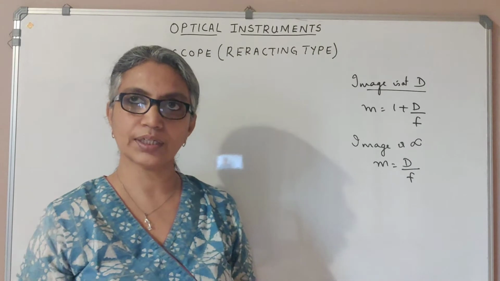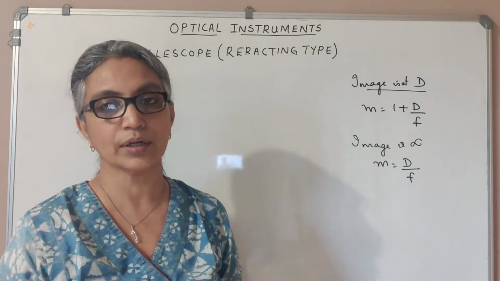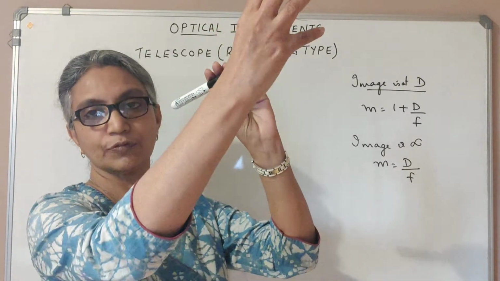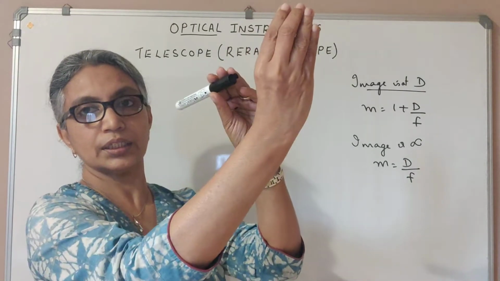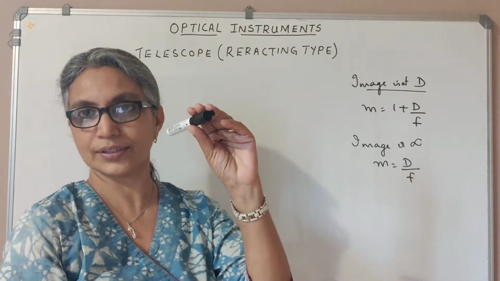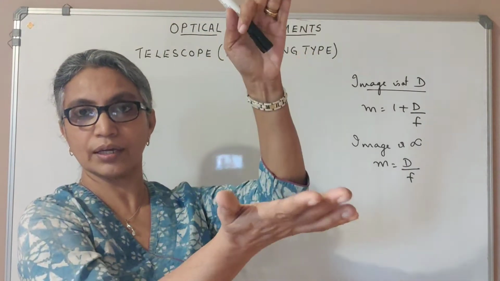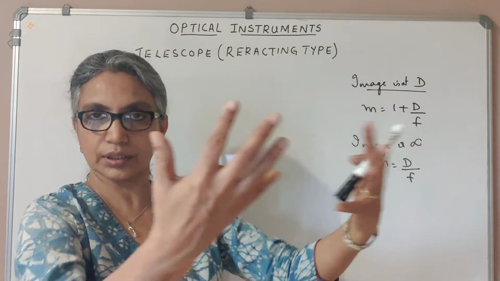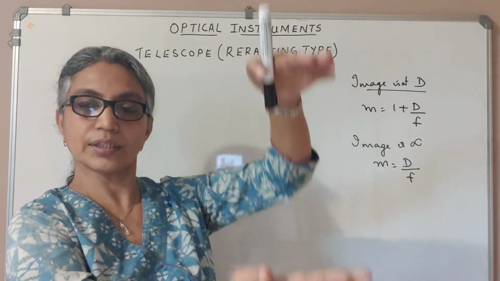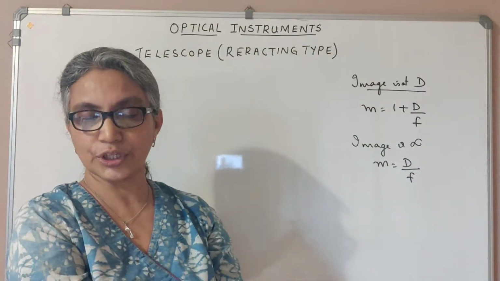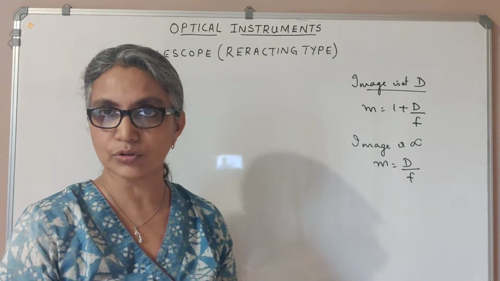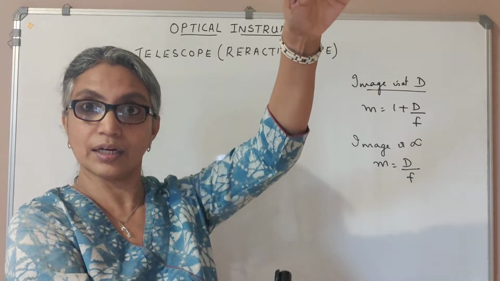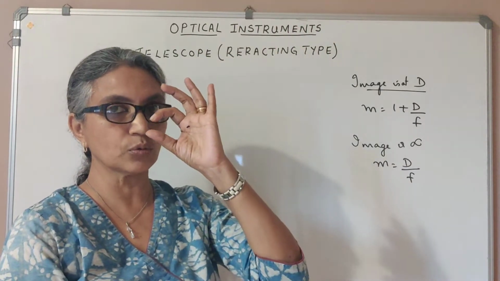Here also we have two lenses like we did in the microscope, one called the objective and the other called the eyepiece. As you look through the telescope, let's say you're viewing a distant star, the lens which is close to the object, the star, is what you call the objective, and because it has to gather light from the star, the diameter of the lens, the area of the lens, will determine the light collecting power. If it has a larger diameter, then it has a very large area and the light collected will also be larger. So the objective which faces the star has a larger diameter when compared to the eyepiece through which you are looking.